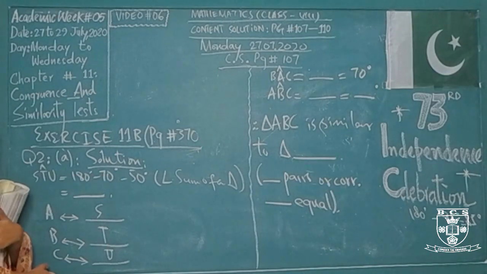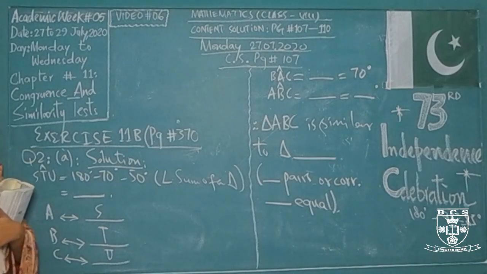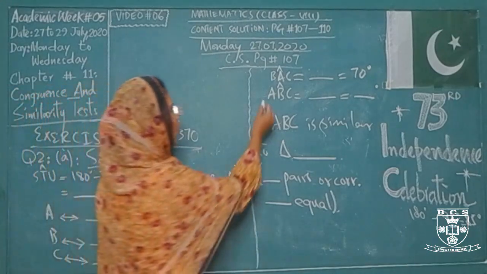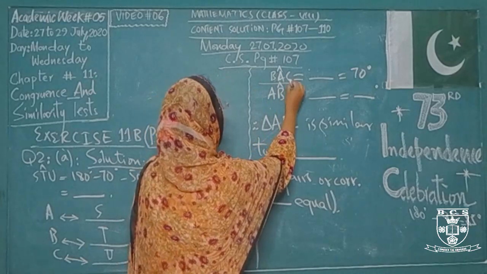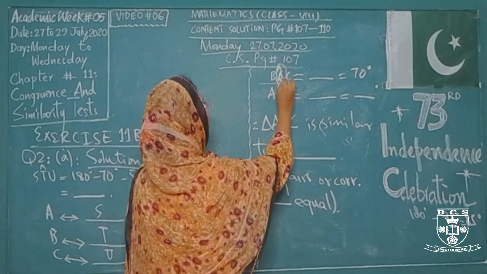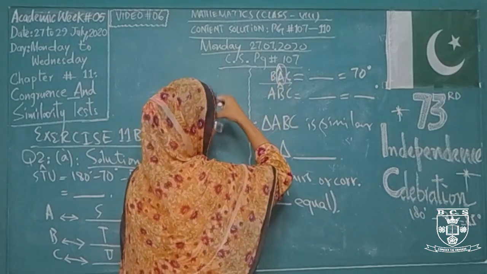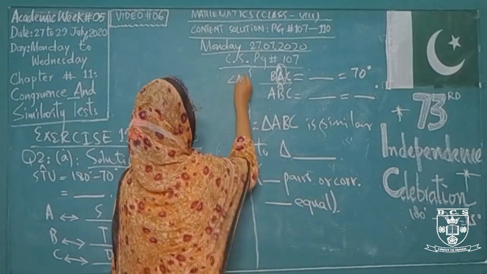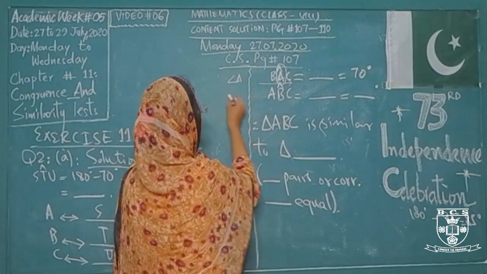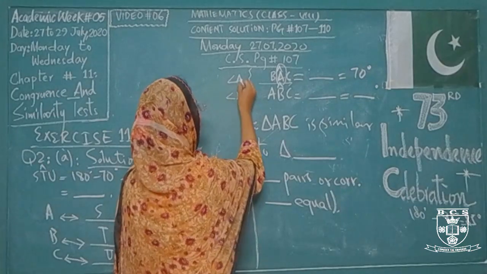So first of all, the first statement that is missing is angle BAC, and as I told you in the last class, whenever we have three letters for any particular angle, we consider the first letter as one arm, and the second letter means the center, the middle letter. So the middle letter is A, so this is representing angle A. Here your middle letter is B, so this is representing angle B. So we are working on the measurements of angle A and angle B.